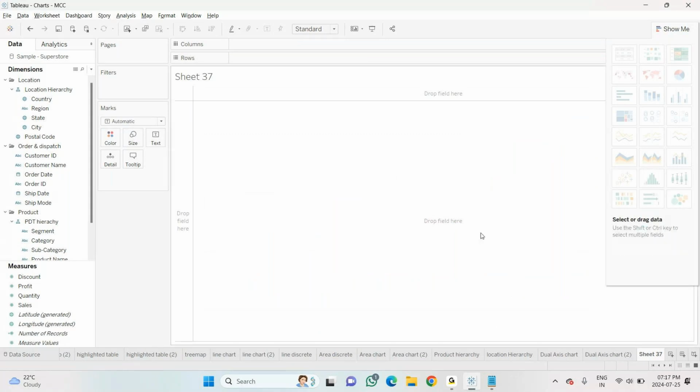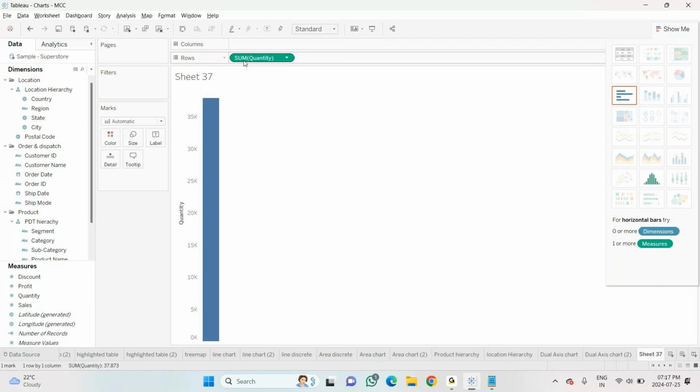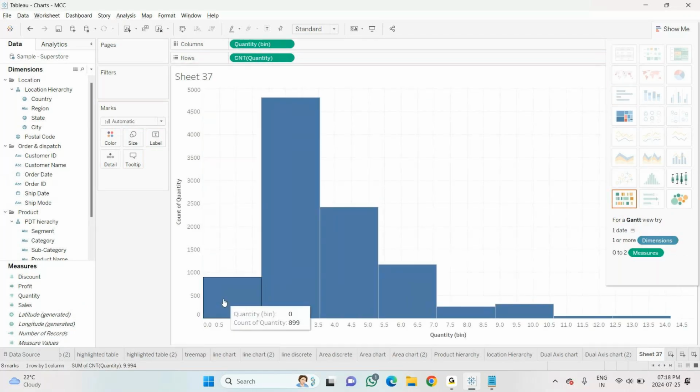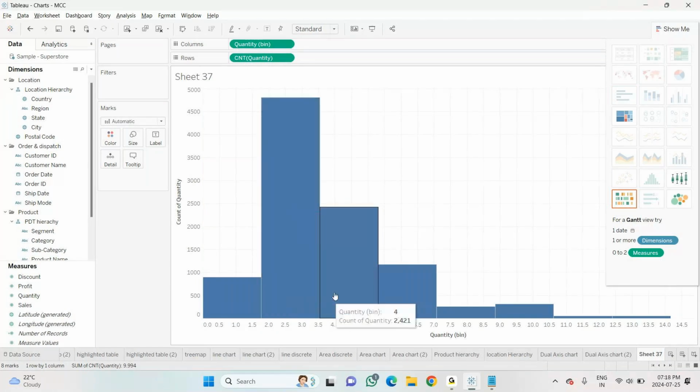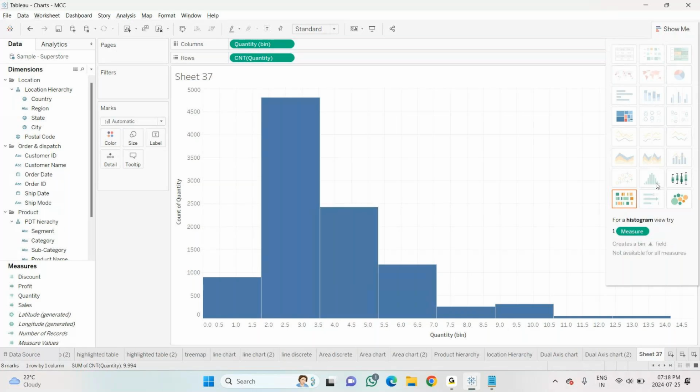So we will go for the next type of chart. It only requires the measures. So let me take the number of quantities that we have sold. I'll click on this histogram. See, how many quantities each and every time we are selling. Based on the quantities, it automatically chooses here, taking the fields. So we can say this as histogram. I'll just rename it.